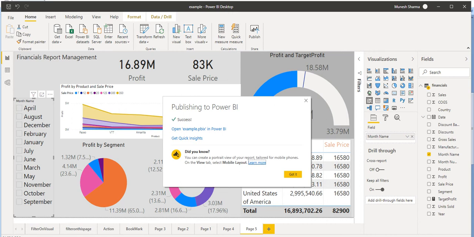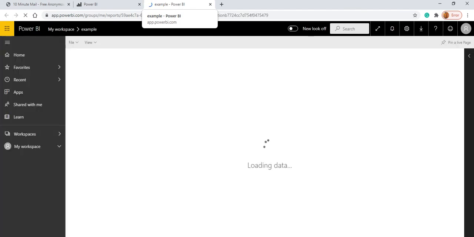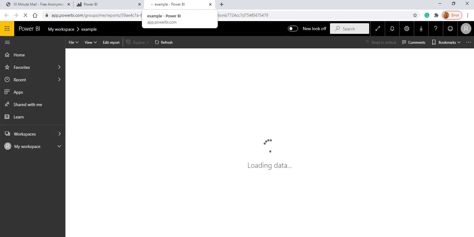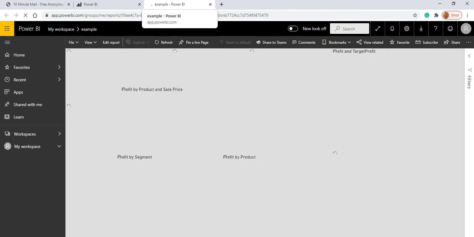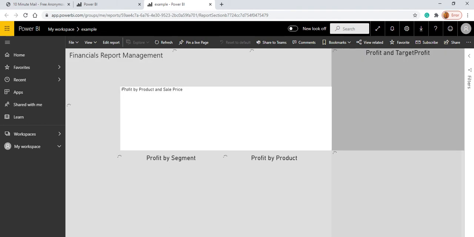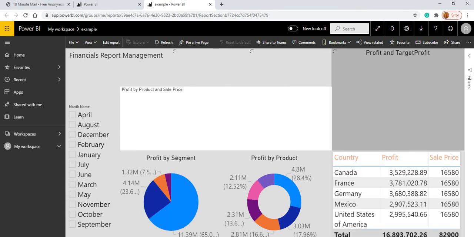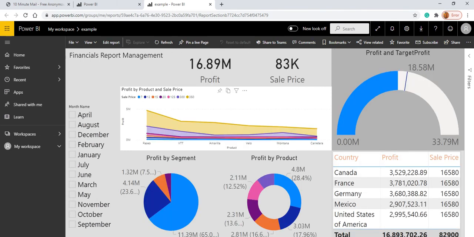We got the message, and now if we want to open it, we can click on this. It will take us to that particular website, and we can see our data on the Power BI services. Here it will show the report whatever we have published from the Power BI desktop application. Based on the data, it is taking time to load, and it will take a few seconds to open properly here. We can see it is loading the data.